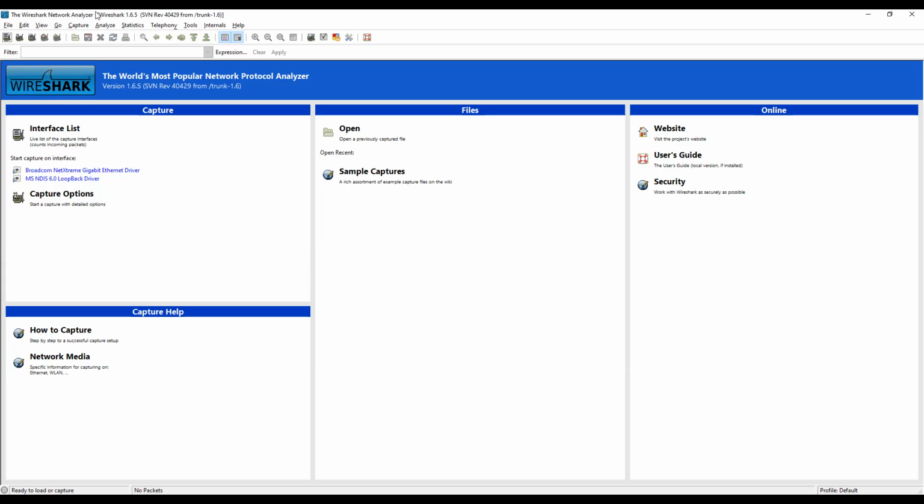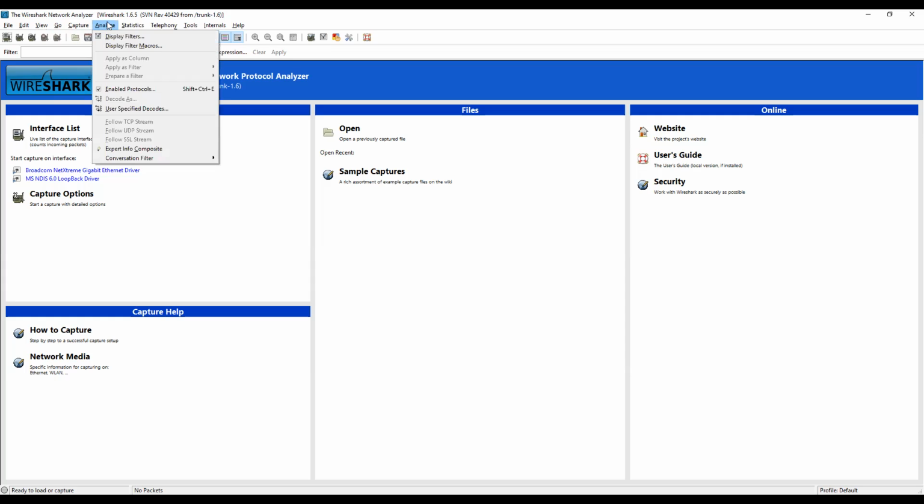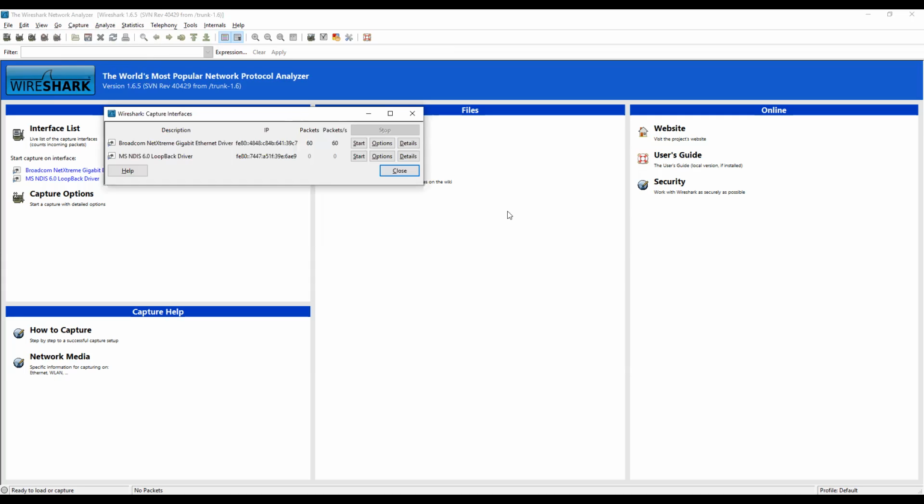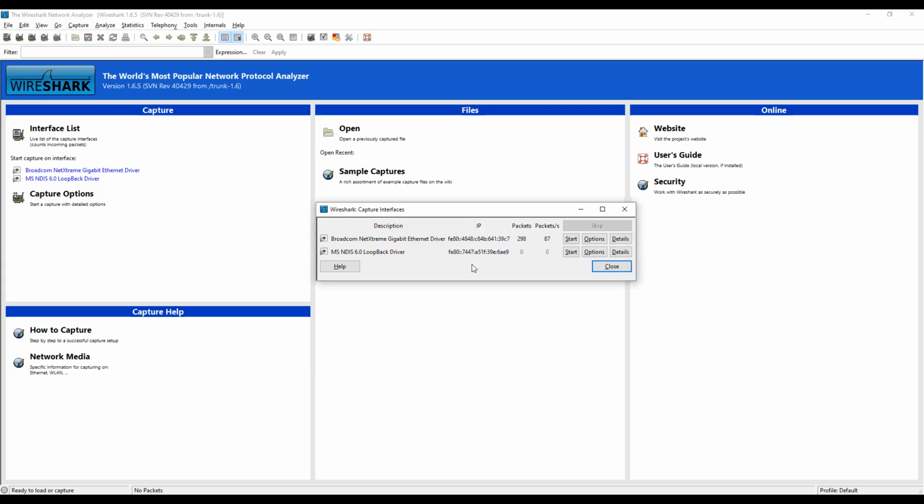After you turn on Wireshark, we need to go to Capture. You can see the window called Capture. From Capture, you can select Interface. You can see many available interfaces within that system. I have two interfaces.